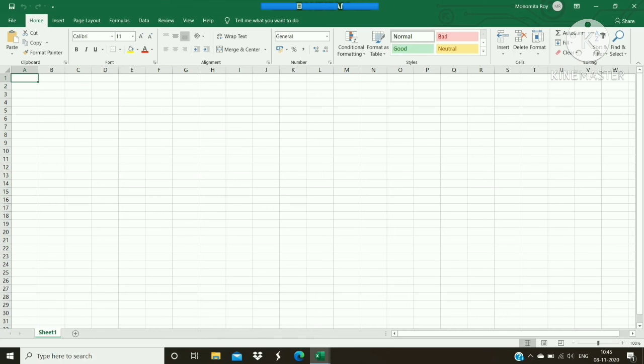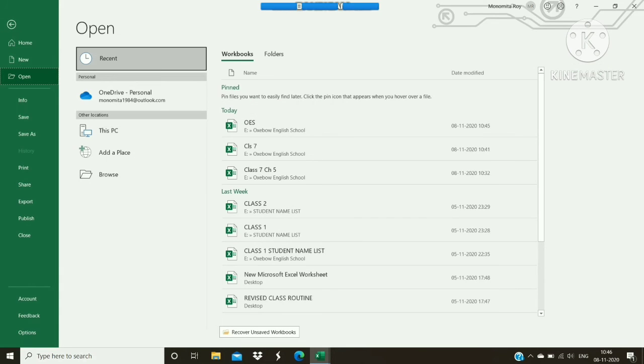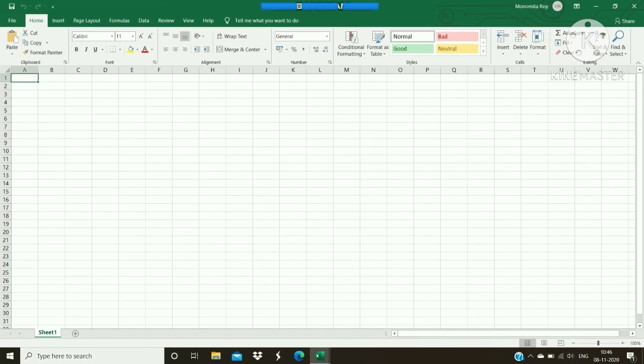Now we will learn how to open a workbook. You can open a saved workbook by following these steps. Once you click on the File tab, you will click on the Open option. Here again you will see something a little bit different from what is given in your book. On the right hand side you will get the list of locations where you have saved your workbook. So you need to select your file and click the Open button or press the Enter key on the keyboard. So your desired workbook will open in front of you.